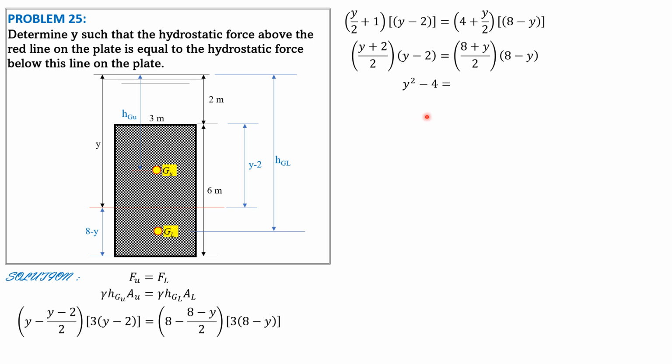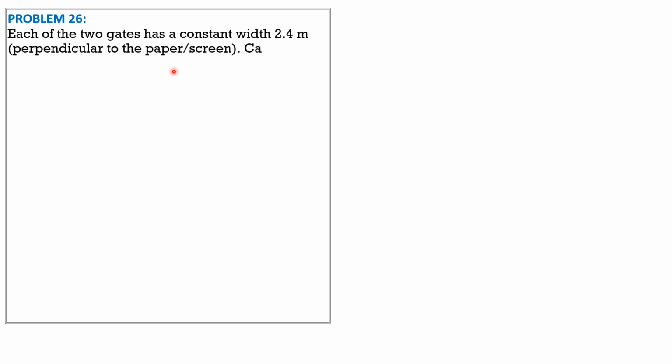So y squared minus 4 equals 64 minus y squared. 2y squared equals 68. So y squared equals 34. Therefore, y is square root of 34, or in decimal, it is 5.831 meters. Problem 26. Each of the two gates has a constant width 2.4 meters perpendicular to the paper or